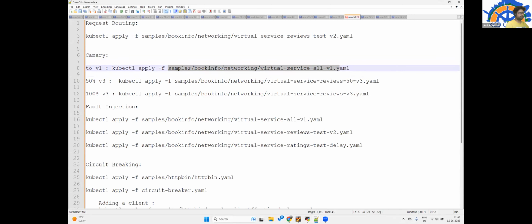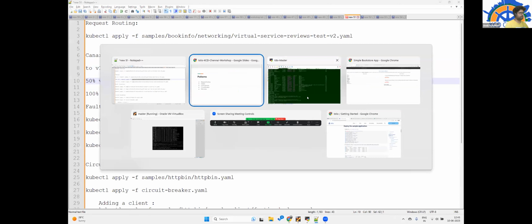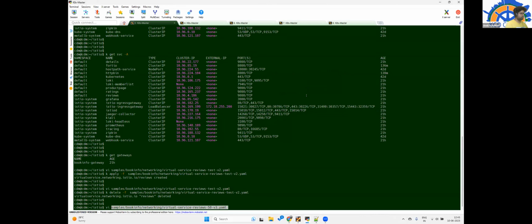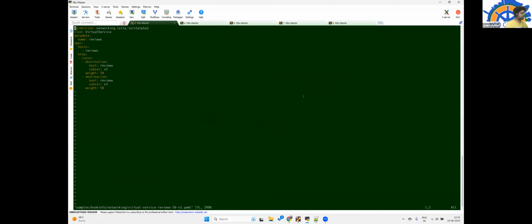What this does is direct all the traffic to V1. Then it will split 50% traffic to V3. Let me just open it and show it to everyone. You can see for all the reviews, the destination has 50% weight and 50% weight.